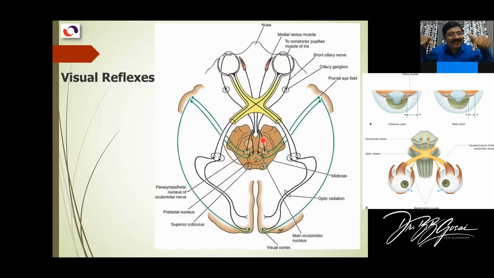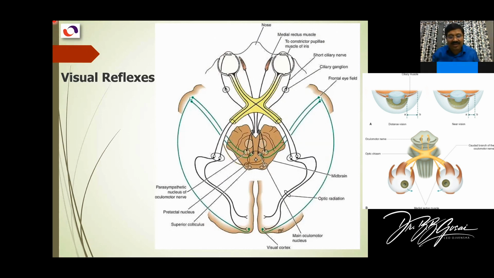But because they are synchronized, that is conjugate movement, and because the controlling center for convergence is different, the impulse comes from there, which moves our eyes medially when you are trying to read. Clear? So convergence, that is the accommodation reflex, needs a special control center, which is the frontal eye field. It is in the frontal lobe, and the fibers come from the optic area, the visual area, and then the fibers go to the frontal eye field, then they go to the oculomotor nucleus, and then they go to the medial rectus.